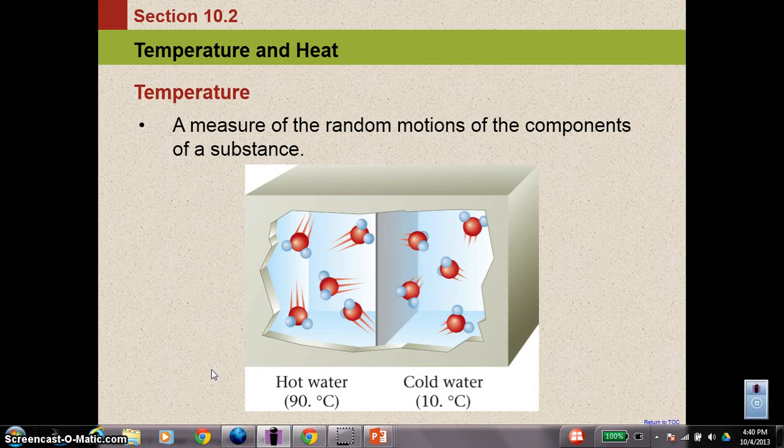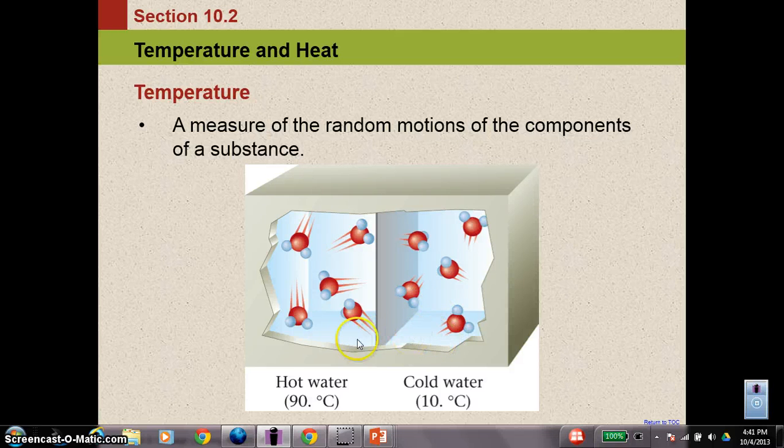Let's look at the definition of temperature: a measure of the random motion of the components of a substance. So hot water has a temperature of 90 degrees in this case, and that is the measure of the motion between the molecules. Cold water at 10 degrees, then if you notice the little jet trails here behind the water